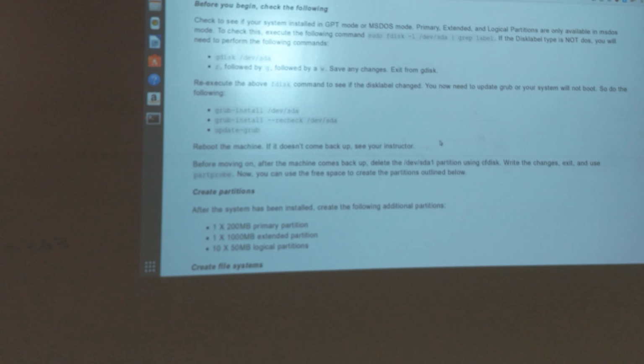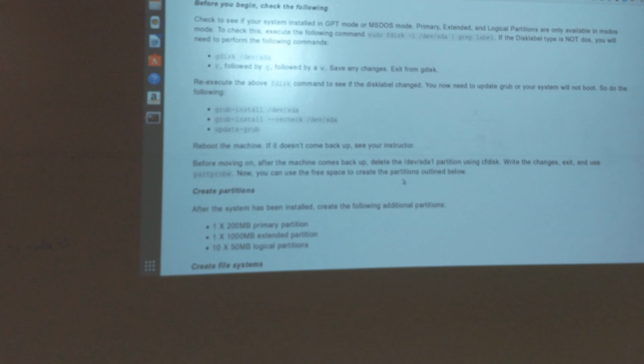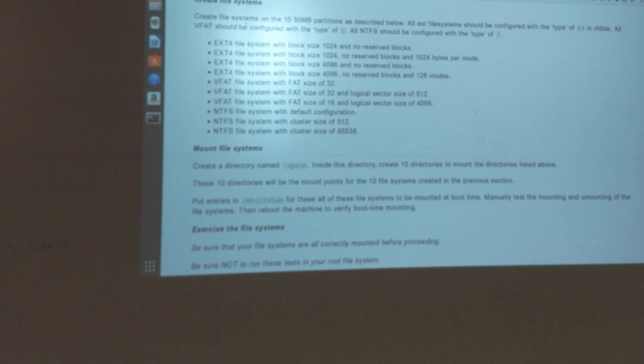I really just need to change my instructions for this time. If it's going to be a VFAT, we want to change it to FAT32, or wherever we make the partition. Is that correct? Yeah. Okay. And it's only those two, I guess, and NTFS. So yeah, I told you here, like, VFAT should